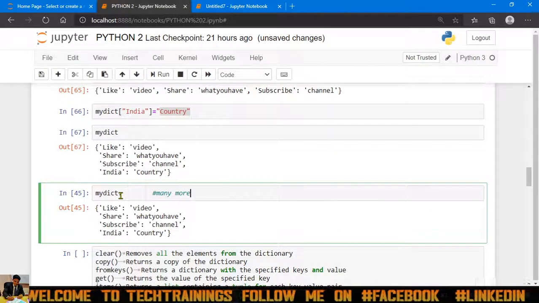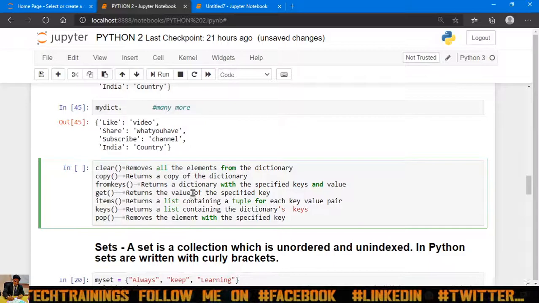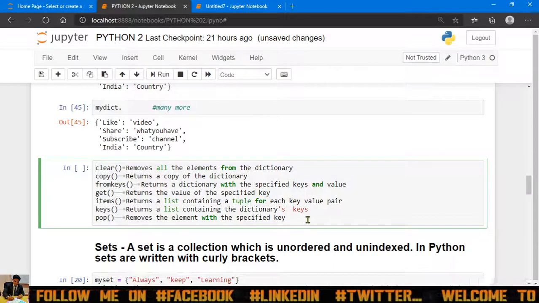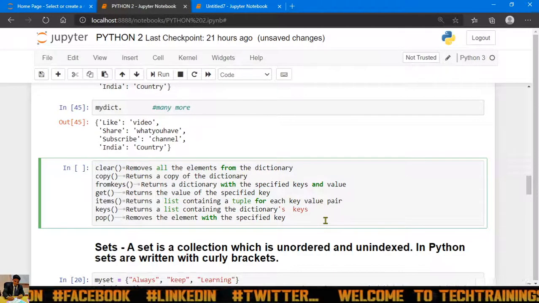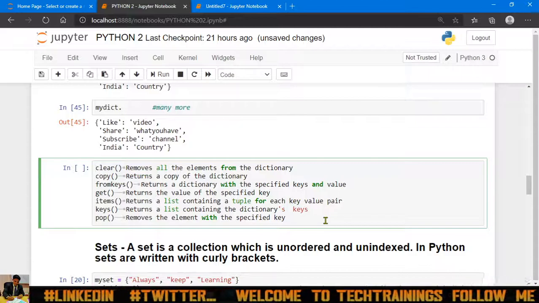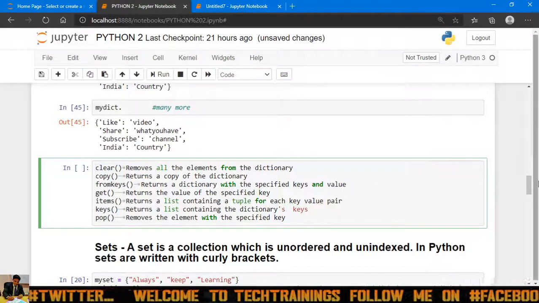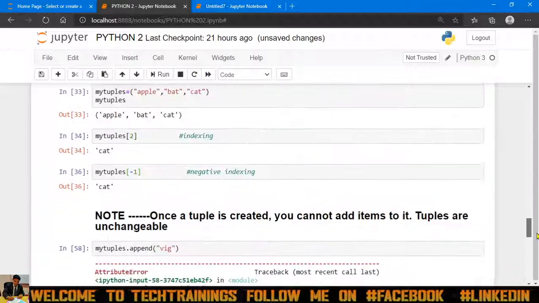Okay, like this. So now let's move to the next. There are many functions I have given in this. Don't worry about this code. I am sharing the GitHub link in the description. If you want to download the code, just go to the link and download it.